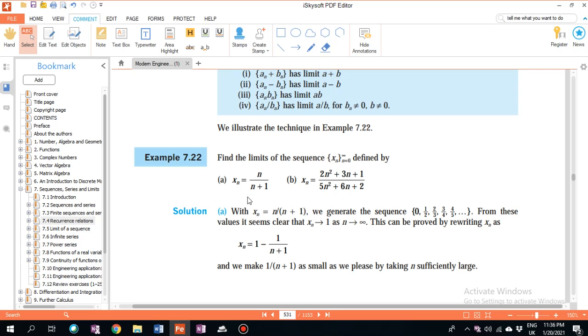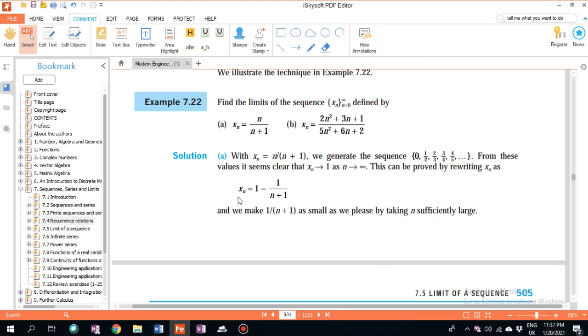So you can see here, for example, we have x_n equal n divided by n plus 1. When we put n equal to 0, 1, 2, 3, we will notice the sequence goes from 0 to 1 over 2, half, to 2 over 3, to 3 over 4, means that the increments start to be reduced. From this value we can see that x_n approximates 1 as n approximates infinity. So this one we also can write as x_n equal 1 minus 1 over n plus 1,